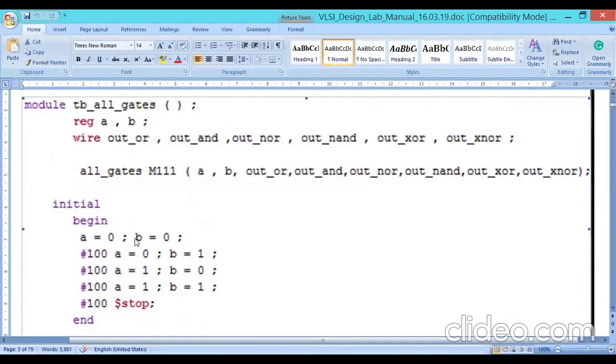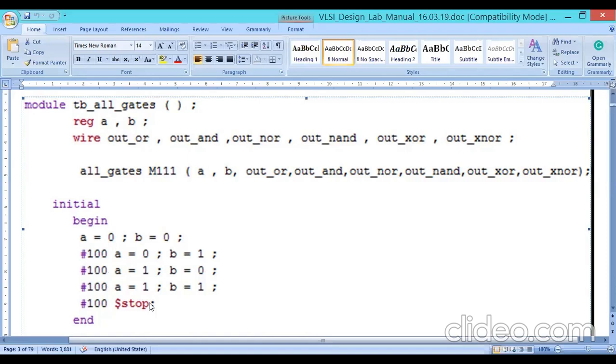In the simulation software settings, we are giving some time, actually 1 second, 2 seconds, that is the last end. Up till that time it will run. If you mention dollar stop, it will stop here itself. So first at 0 seconds it will start. After 100 nanoseconds, next change. After 100 nanoseconds, next change. After 100 nanoseconds, it will stop. Total how many seconds? 400 nanoseconds.